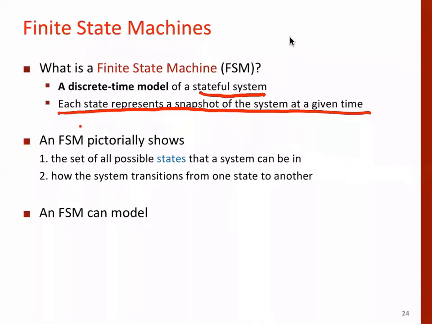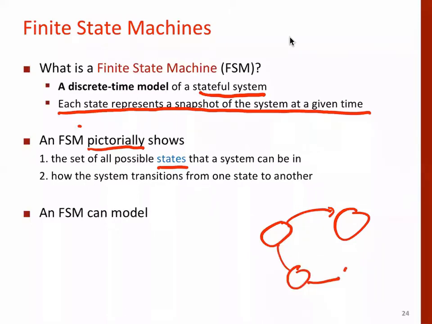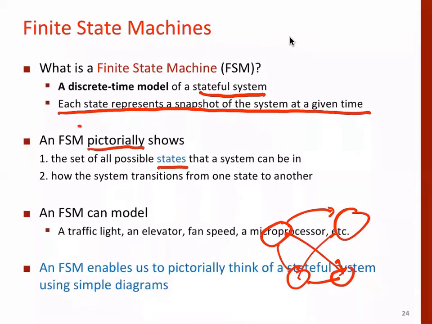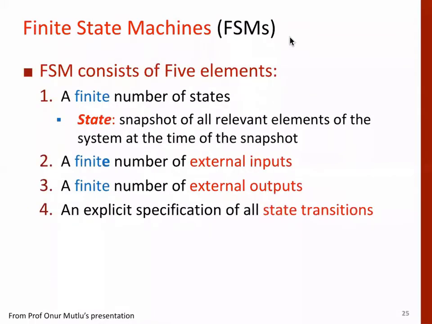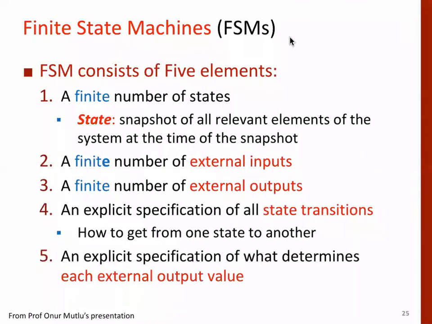And an FSM pictorially represents different states, right? So we can define different states, and we can define the transitions between them. And this state is a finite number. So we can define the state based on certain inputs, and it can also give certain outputs. You would have studied Moore and Mealy machines, right? We'll look at the design of FSM in the next class, possibly, if time permits, but I will not go into detail.